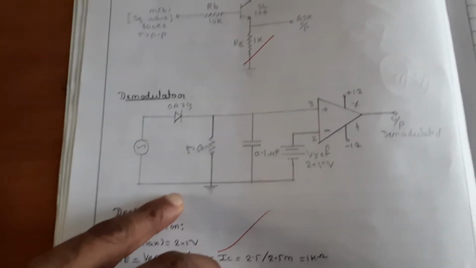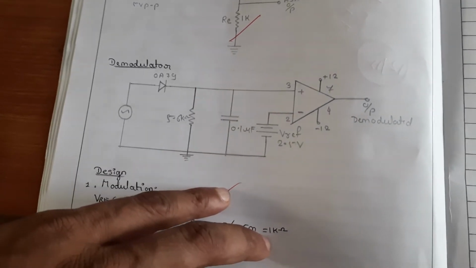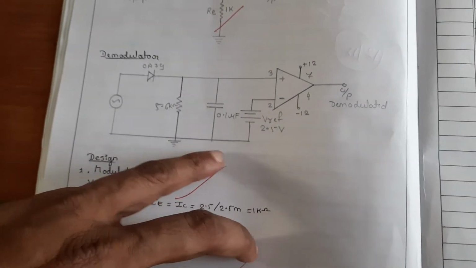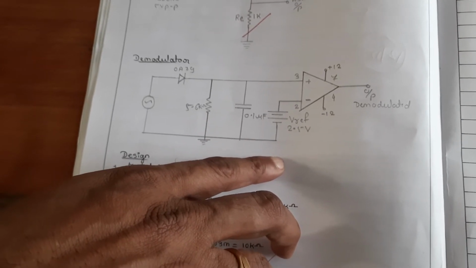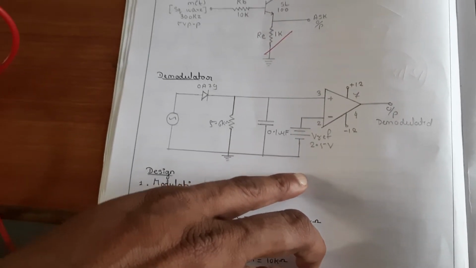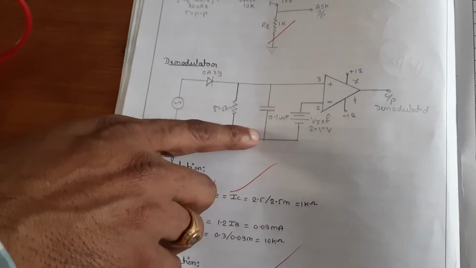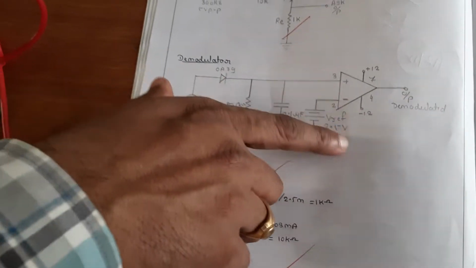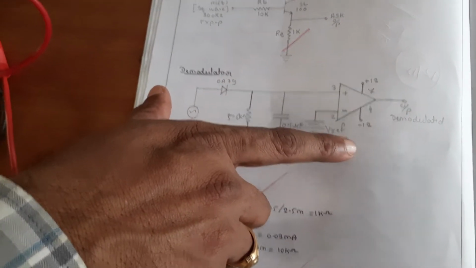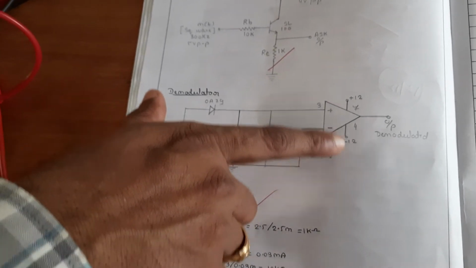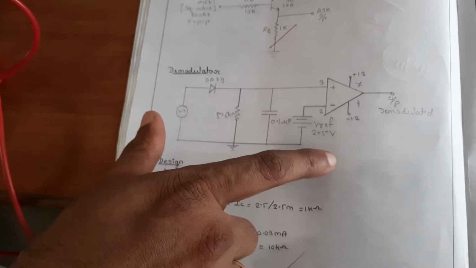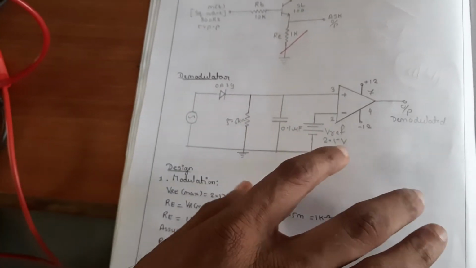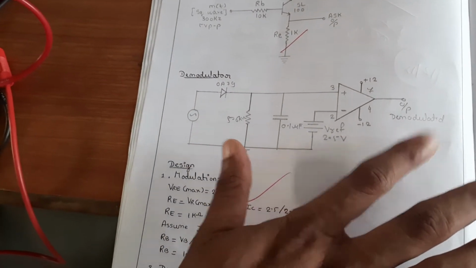here you are basically using the product modulator, that is nothing but the product coherent detection. You are using it as coherent detection. The modulated signal you are first multiplying, then passing through a low pass filter, then passing through your comparator. From the comparator you are recovering your data, that is, you are detecting the binary data signal.